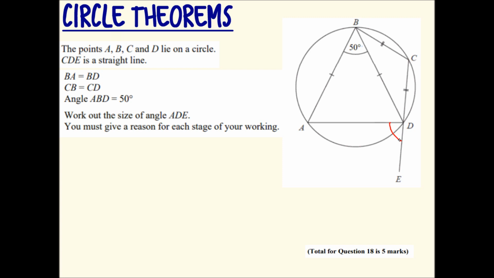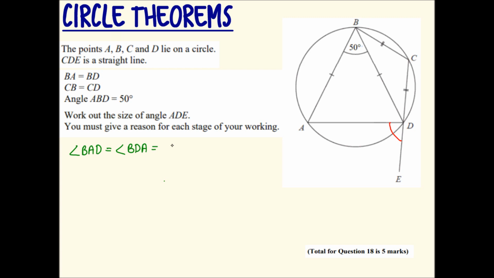So the way we'd answer this question is we think about, well, what do we possibly know and how can we use that to work out something? So we've been told that angle ABD is 50, so the only thing we can do now is use that to work out some other angles. Because it's part of an isosceles triangle, we can use the fact that the base angles in an isosceles triangle are always equal. So we can say that angle BAD would be equal to angle BDA,